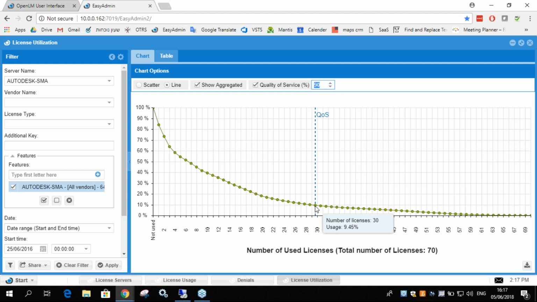Let's say that Bob from design comes up to you and he tells you, well, my team is starting a new project and I need 1,000 licenses. I have 900 new employees. I need 1,000 licenses or something. So you can quickly take a look at his users, at his feature that he needs, and say that,